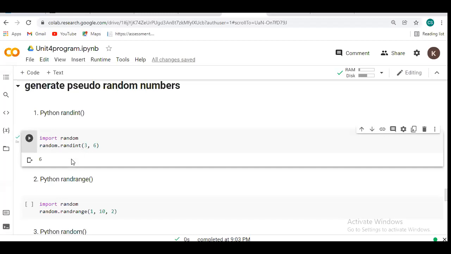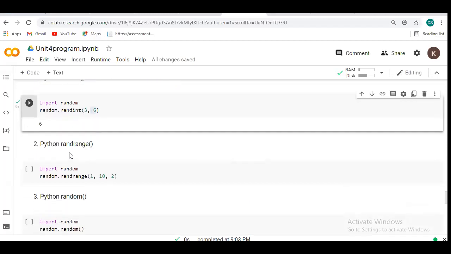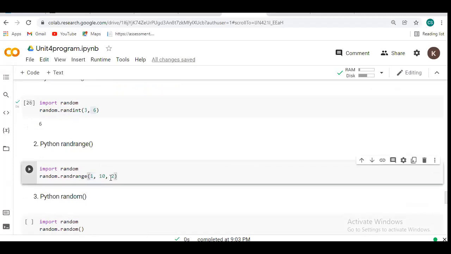It will display an integer number, which here is a 6. It is random, not fixed, so any value can be generated. Next we have the main function, random range. Here I am passing three arguments: the first is the starting point, the second is the end or stop point, and the third is the step.